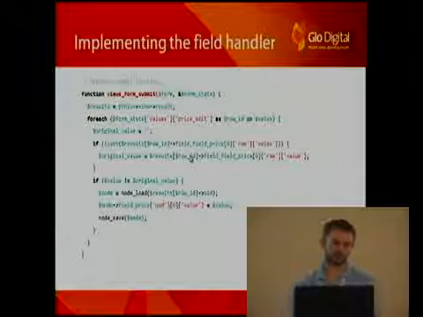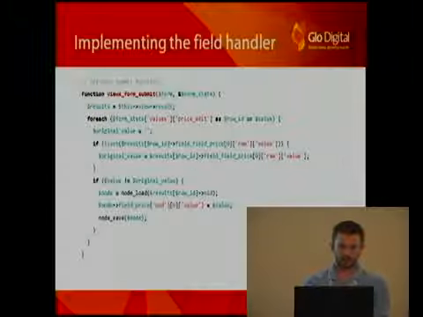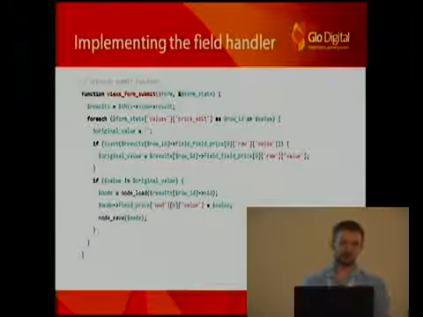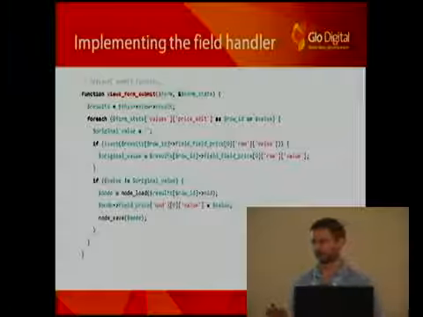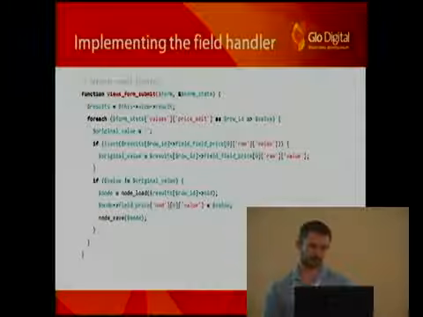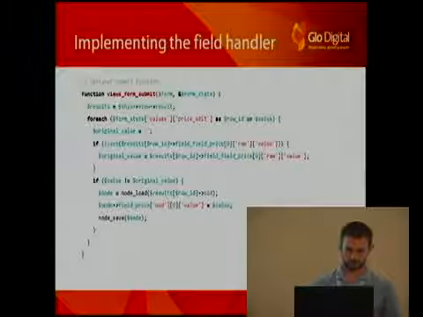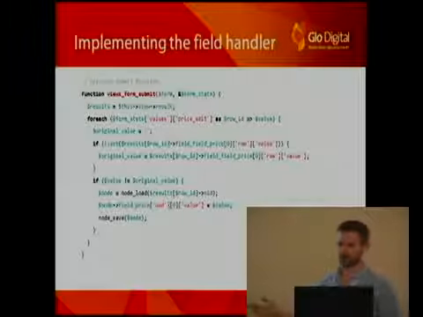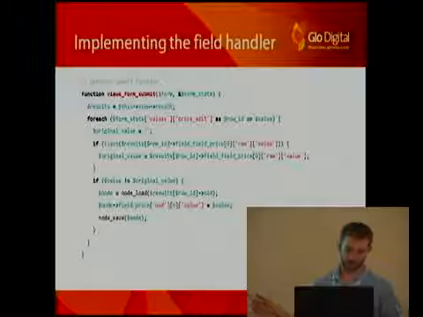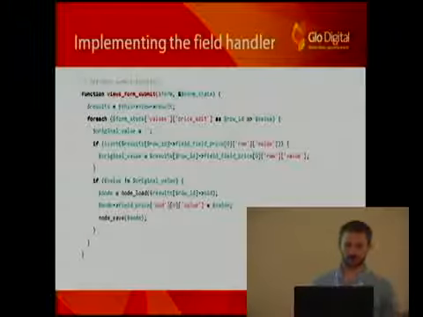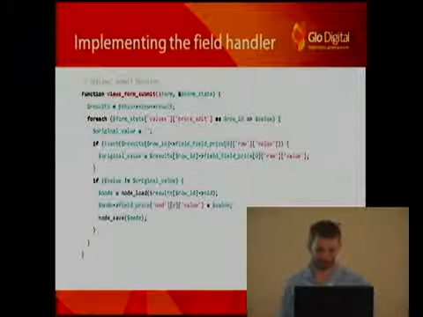And then in form submit here, all I'm doing is checking if the value of any of those fields has changed from its original value, and if it has, I'm going to load the node, so that's with node_load, grab the node ID, which I've got in another hidden field, change the value of the price field, and save it.